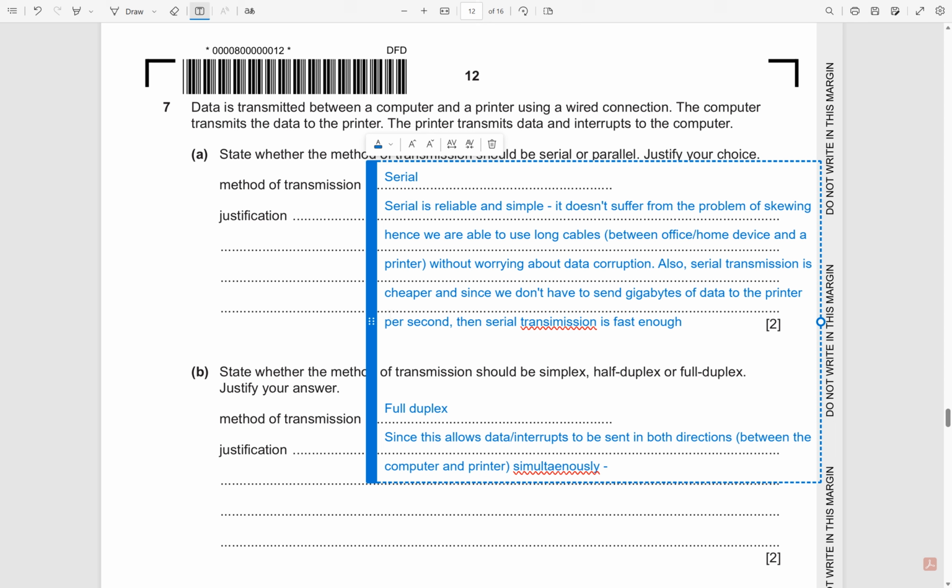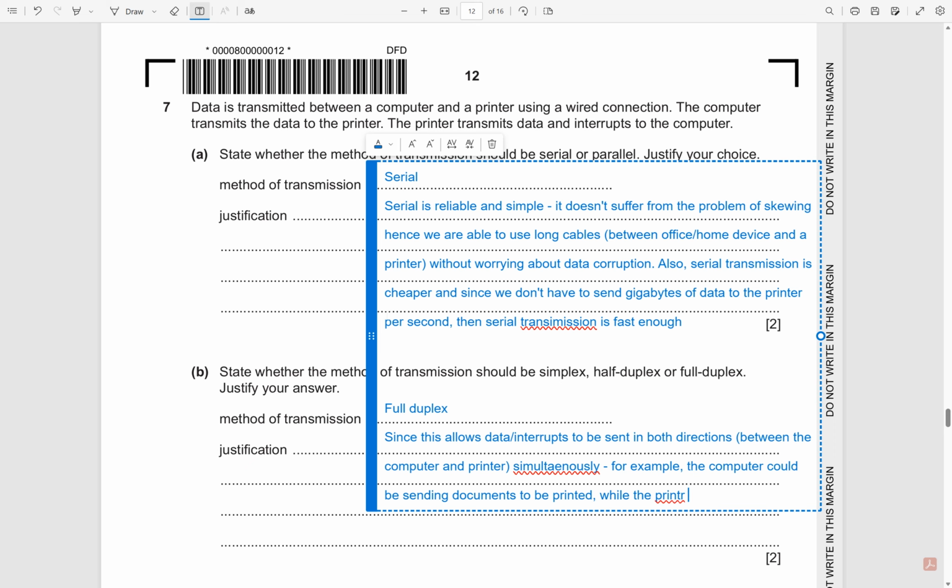I've spelled "simultaneously" wrong, but never mind. Let's say, for example, the computer could be sending documents to be printed. While that's happening, the printer, maybe, simultaneously,